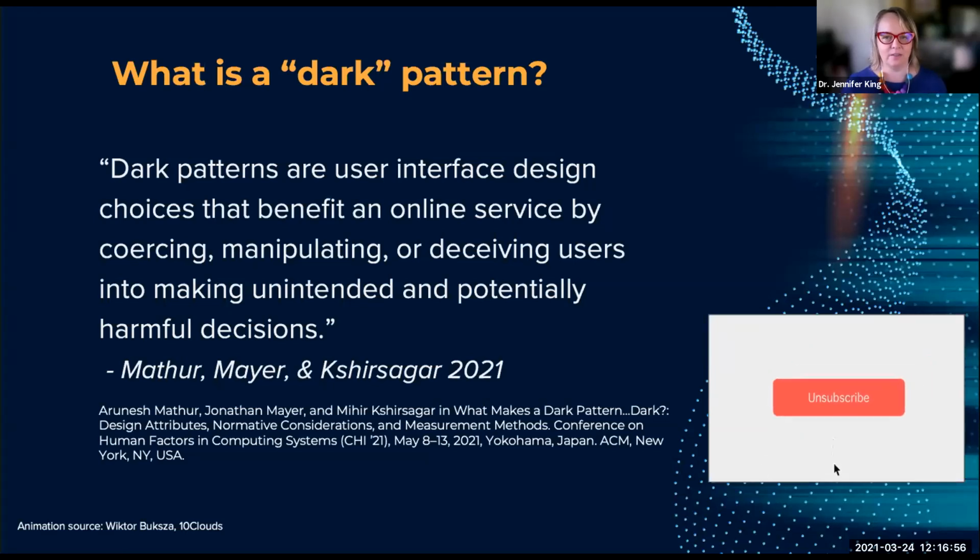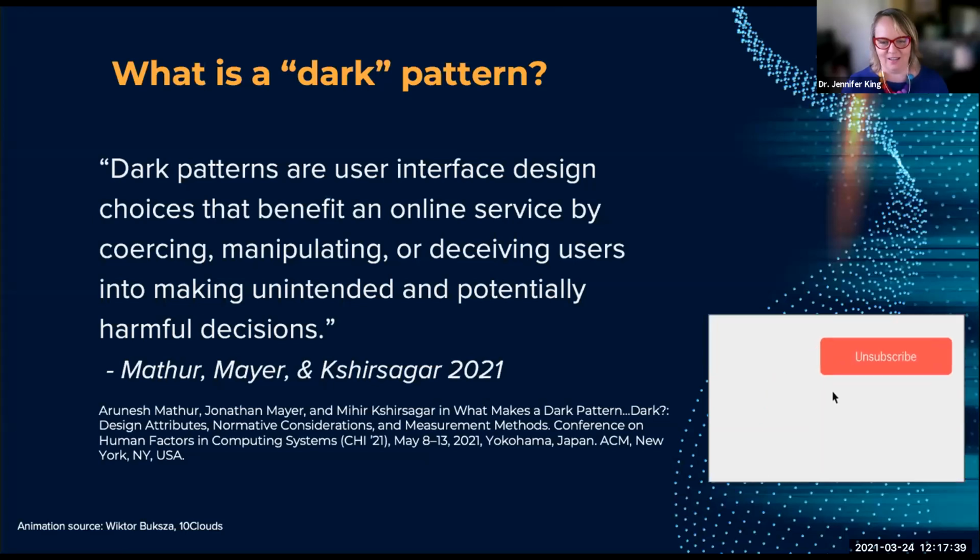And from a policy standpoint, one of the takeaways I hope you come away with today is that we need to move away from the intent of the designer, because what really matters is the effect of dark patterns. What's actually happening on the ground? What is the outcome of their use? Intent, in the policy space, is a very difficult thing to try to prove. And it also leaves open the possibility that you could have something that wasn't necessarily intended to deceive, manipulate, or coerce, but ends up having that actual effect. For the most part, though, these things are not accidental.